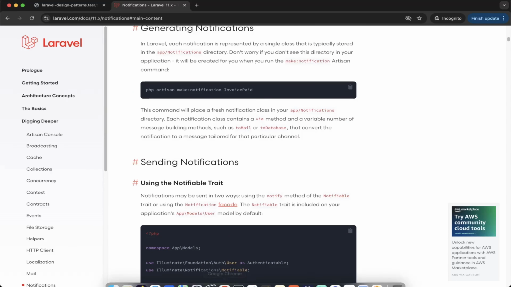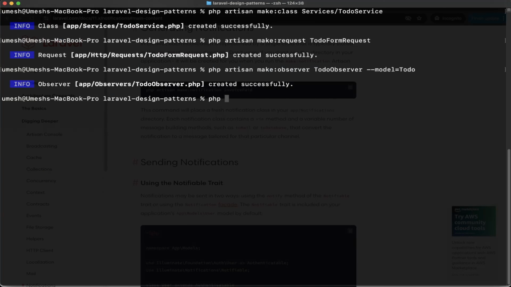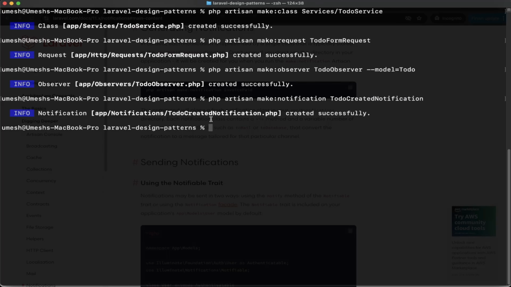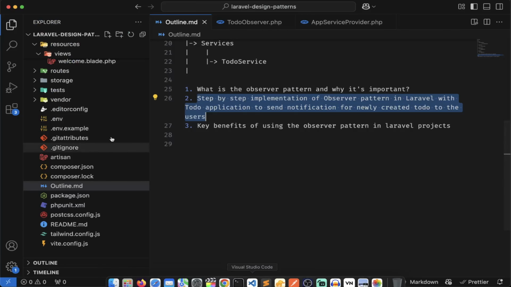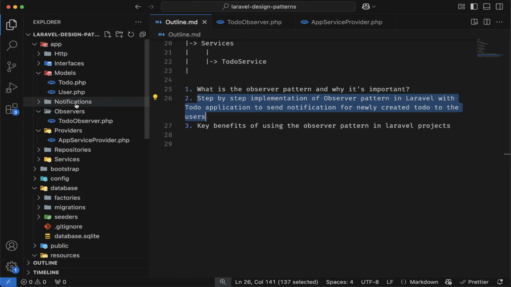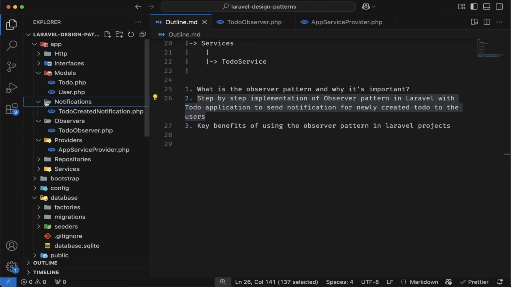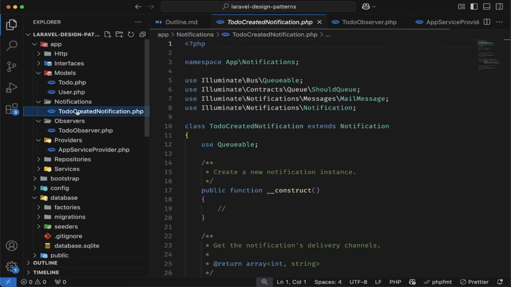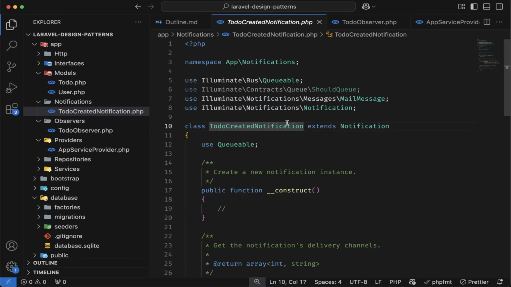Alright, so I will come to the terminal. I will type php artisan make:notification, and I will provide the notification name as TodoCreatedNotification. Let's hit enter. Yes, this has created a notification class for the to-do. If I come to the project folder, here we can see this has created a Notifications folder. Inside this we have the TodoCreatedNotification class, and this is extending the Notification class which is inside